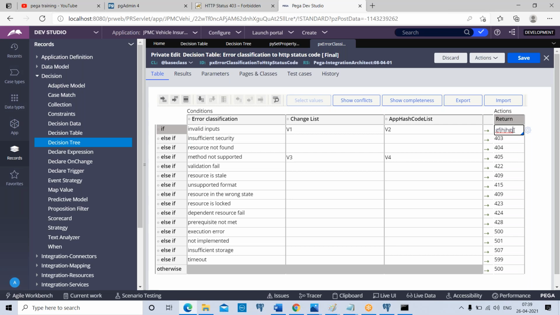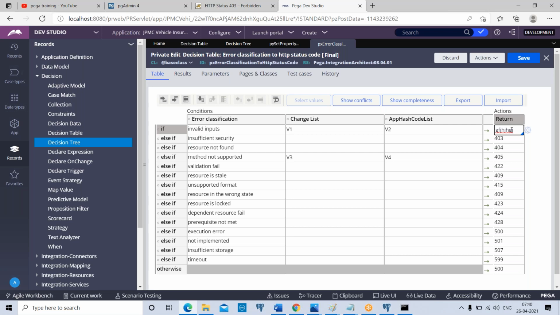I want a drop down to come up in the return, and only one of the values in the drop down should be able to be written. By default, what is the feature? You can write any value you type in the return, and that will be written. You choose any property, and whatever value the property holds on the clipboard will be returned.